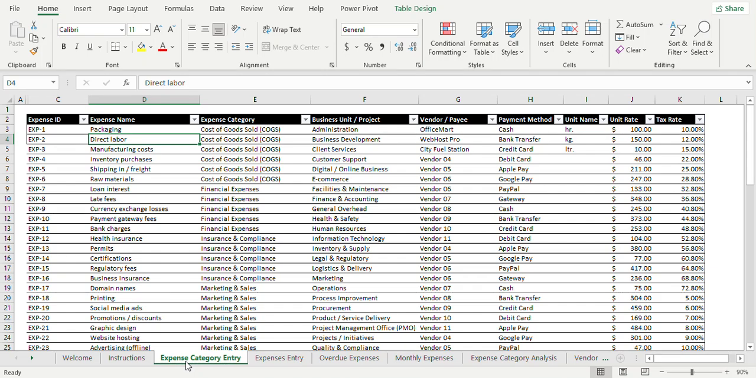What happens is that sometimes when people are entering their expenses, they have to enter a lot of information, especially when it comes to Excel products. So for that, I have divided the entry part into two parts. The first part is where you actually enter the expense category. So what that expense is, their name, what category it is part of, what business unit or project or department it's part of, what is the name of the vendor or the payee, what is the payment method, what is the unit name, what is the unit rate, and if there is any tax applicable on that expense, then that